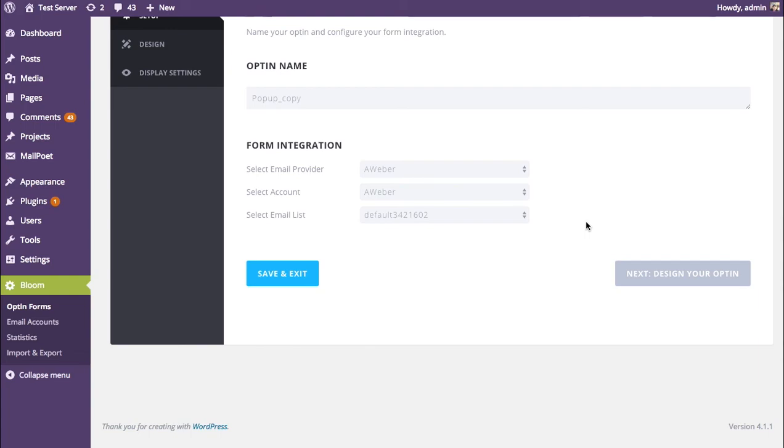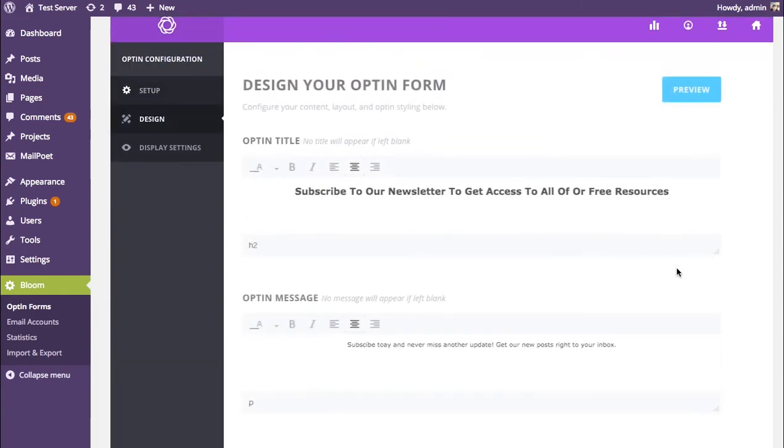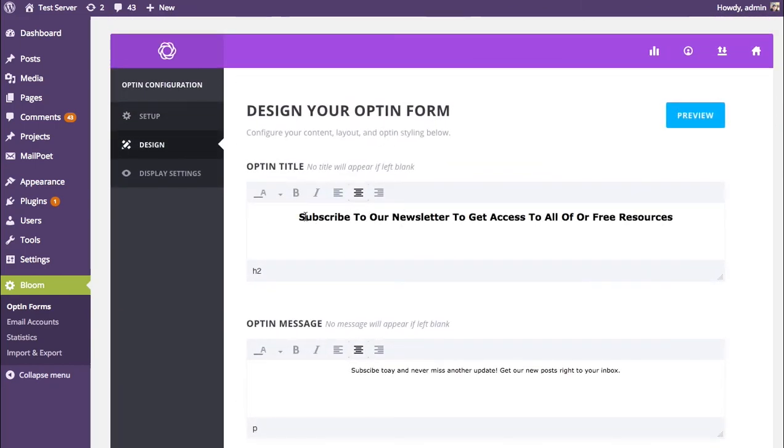And if we get them to sign up on our mailing list, we probably don't want to send them blog posts. We probably want to send them some kind of sales autoresponder, do something a little bit differently. And so I'm going to create a new pop-up and assign this pop-up to a new list. And I'm going to have it be displayed on a new part of our website, which are pages. And so heading over to our design, I'm going to change the opt-in title because this is no longer a blog opt-in form. So I'm just going to say